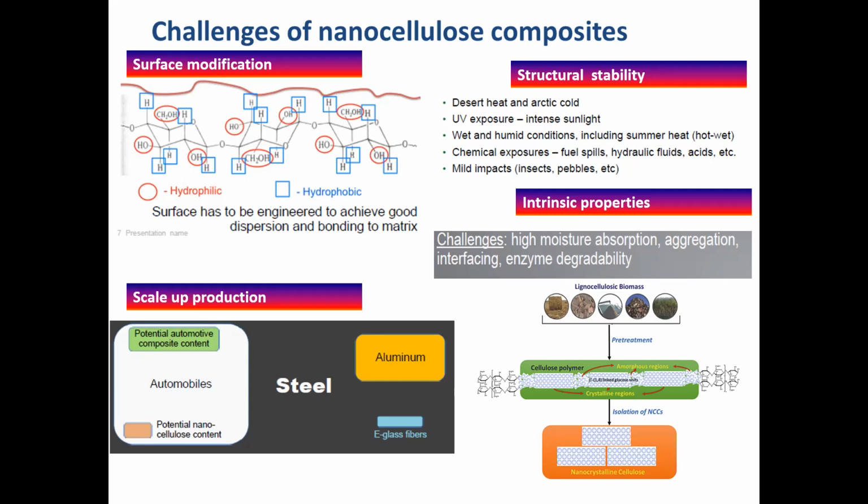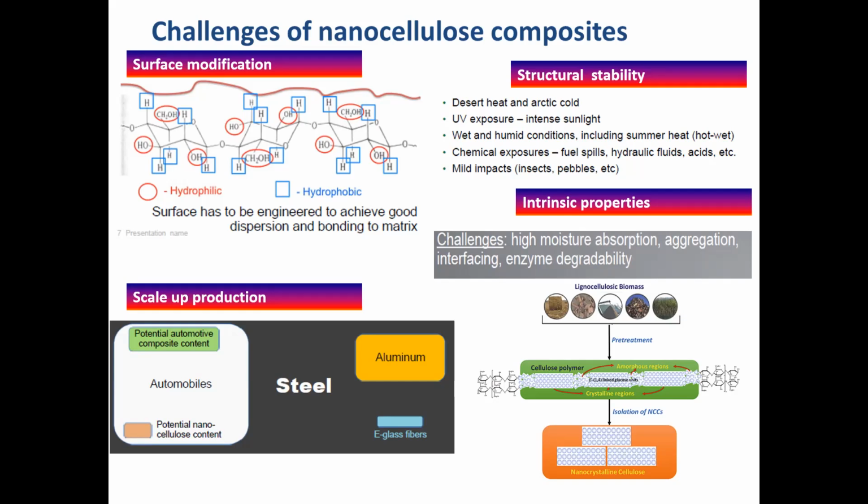Okay, and that's why the surface can be engineered to achieve a good dispersion and bonding to the matrix. So the next limitation of nanocellulose to be used in the industry is due to its structural stability. Okay, so as I mentioned, even though nanocellulose is from cellulose, which we can consider